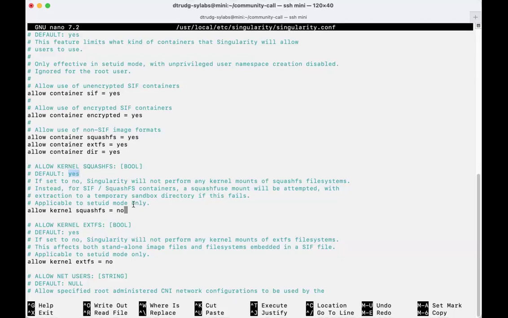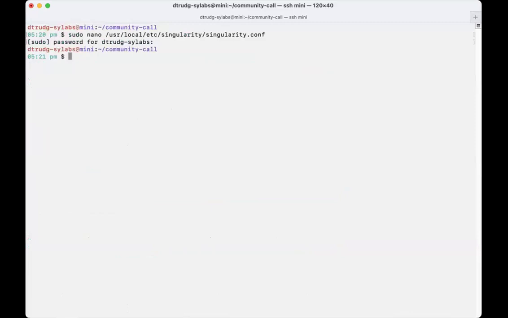Not everything is supported when we're running using Fuse. Some particular situations with overlays and things don't work. And also you could have a performance penalty, although that would vary depending on the type of workload you have. But I've set them to no on this